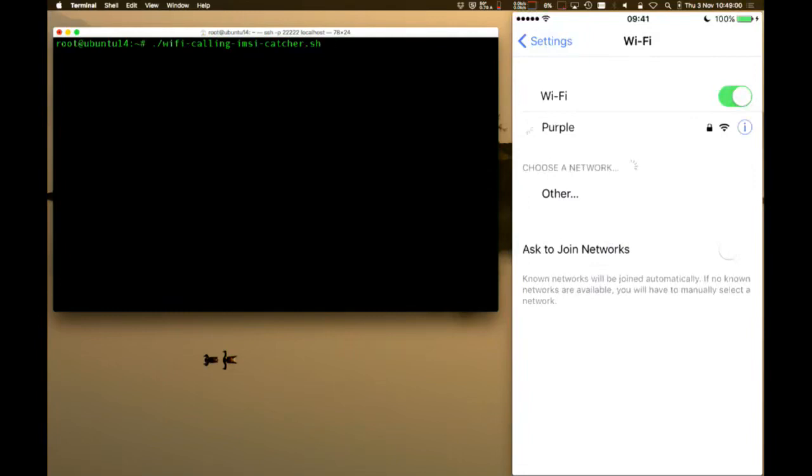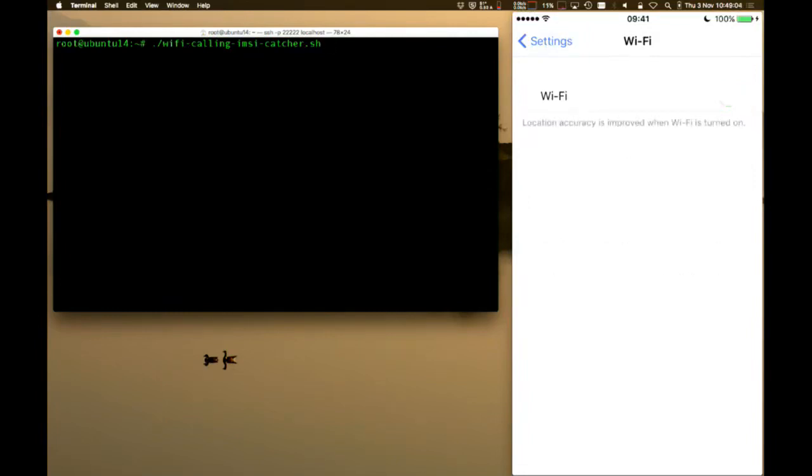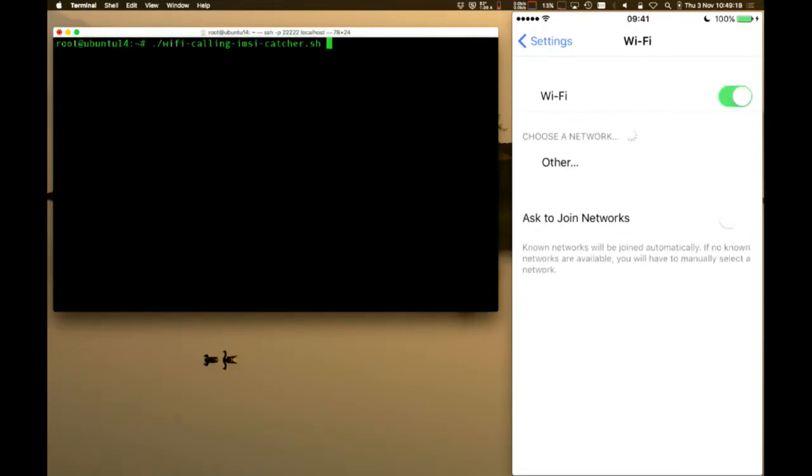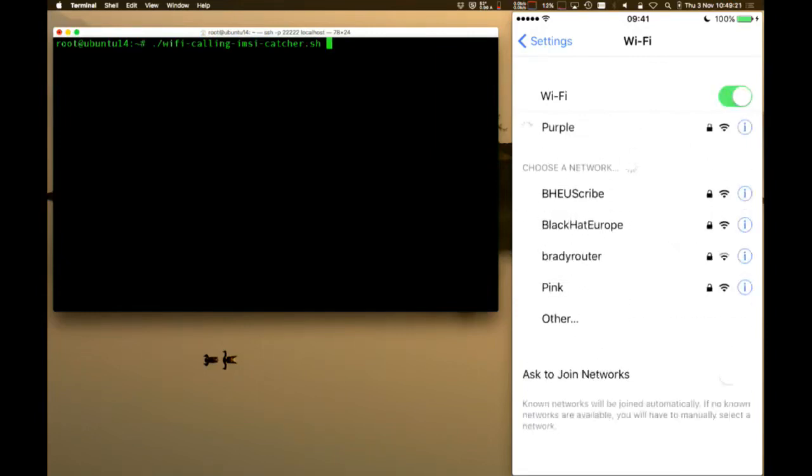So what we've got here is, whoops, I'll turn that off for now. Now, what I'm going to do is the Wi-Fi calling IMSI catcher. What this is going to do is set up a little access point running in a virtual machine on the laptop. So I can run up Wi-Fi, and then it'll show a bunch of networks. Now we're going to kick off the Wi-Fi calling IMSI catcher, and we'll see in a second